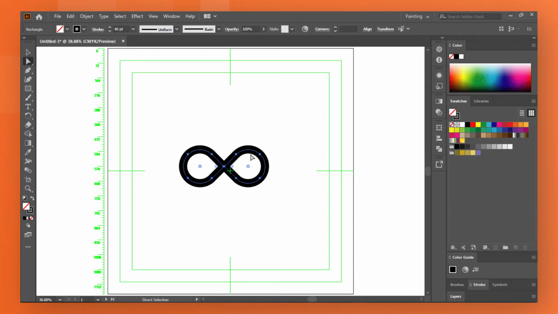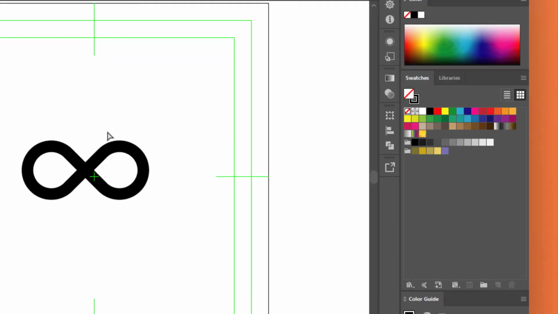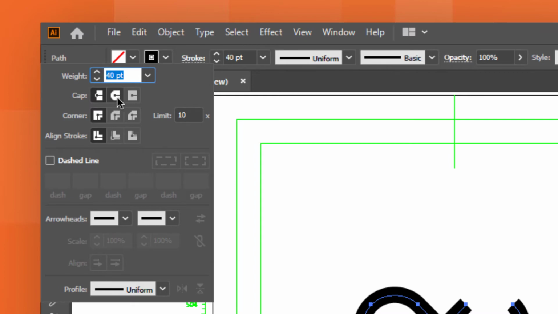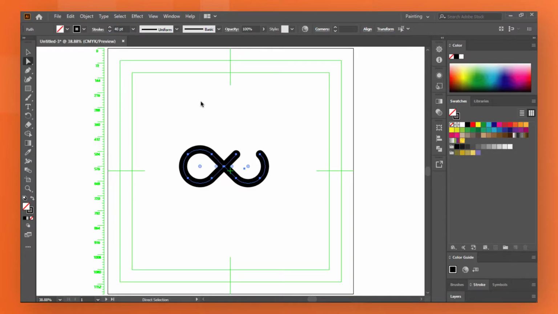Now all we need to do is just delete some part of the upper end. So select everything and move over to the direct selection tool again and select the upper part. Now hit delete on your keyboard in order to delete that. Now to create that rounded surface, all we need to do is go to stroke and click on that rounded option, and you got that. Okay, now it looks fine. So all we need to do is just rotate them.